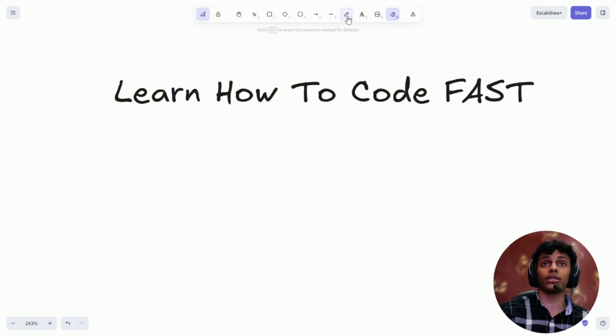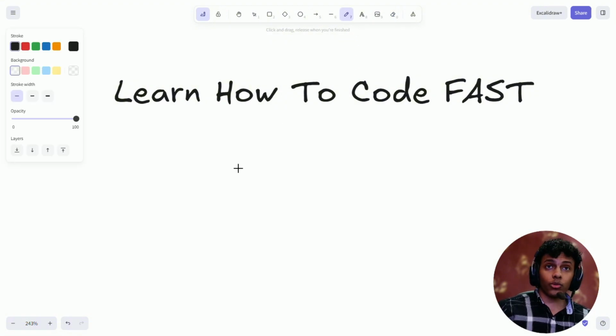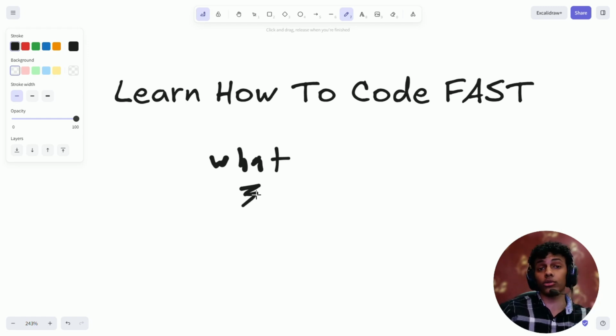Okay, so the first thing when it comes to how to code, we need to talk about what to learn. Then we're going to talk about how to learn it, and then we're going to talk about AI's effect on learning in 2026 and actually in the next couple of years. Okay, so first thing when it comes to what to learn, what you need to do as a beginner is